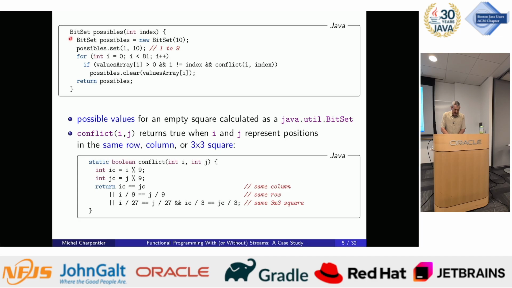I'm returning them as a little bit set of numbers. I start from a full set, so all the numbers from 1 through 9, and then I eliminate all the numbers that cannot go. Okay, so I create a bit set with all the numbers, and then I do a loop, or for every position